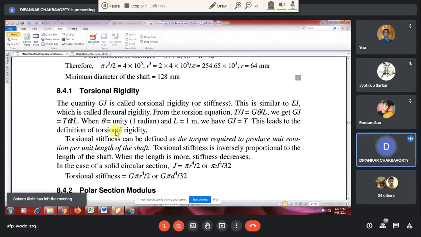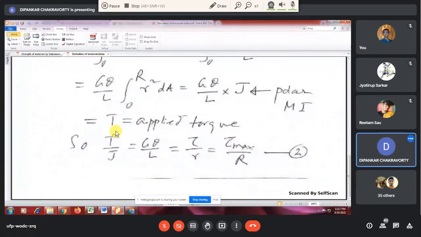Right. So here in torsion also, torsional stiffness is torque per angle of twist. So how much is it? Come here. Torque is T, angle of twist is theta. So T by theta is GJ by L, right? Is it clear? Yes, sir. Because what is stiffness? Stiffness or spring constant is force by displacement, or moment by angle of rotation. Same thing, the analogy. You have to understand the analogy. Force by displacement and moment by angular displacement, those are analogous.